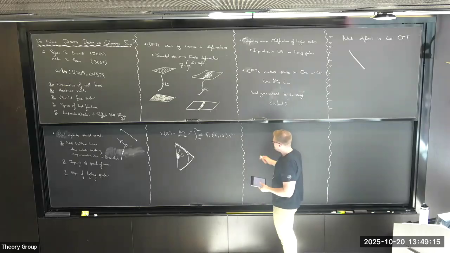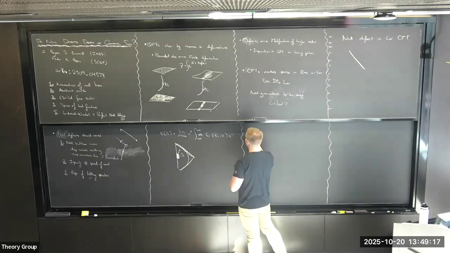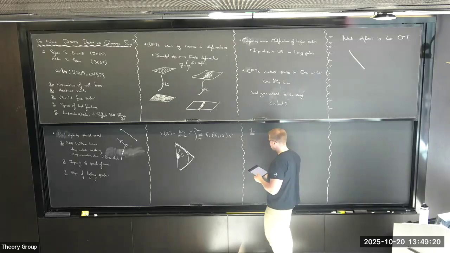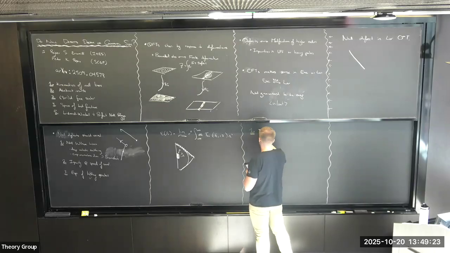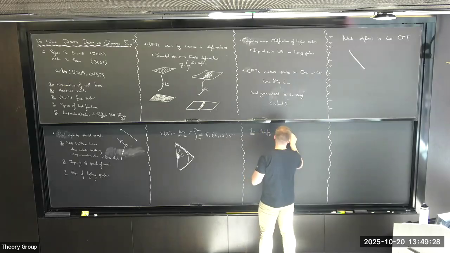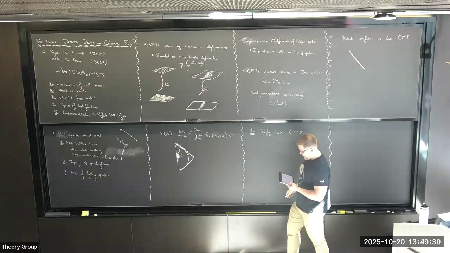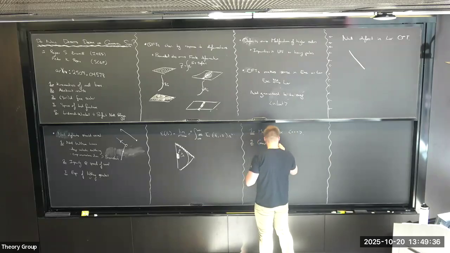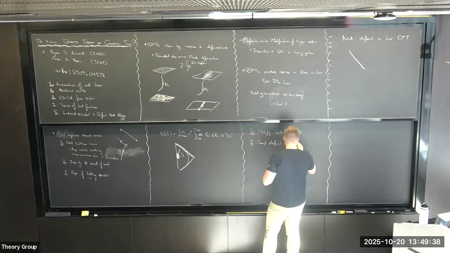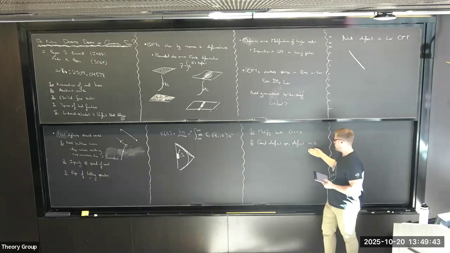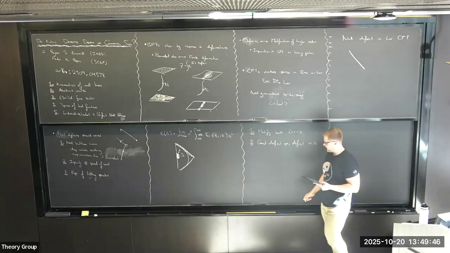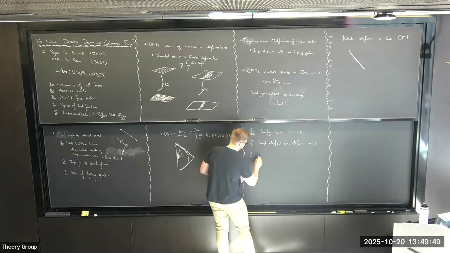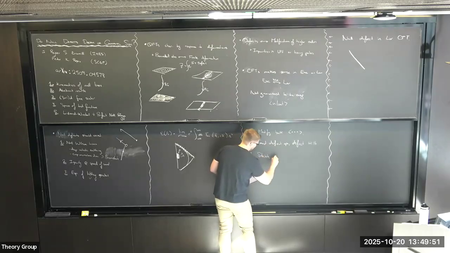Okay, so what do I mean by proving these things exist? If I want to prove a lightlike defect exists, what are some things I want to prove? You'll see I love lists. So I would like to show that they modify bulk correlation functions. I would like to show that they have good defect operators with a defect Hilbert space that exists. And by good here, I also mean with bounded energy or something like that. And finally, I would like to claim that they're stable, that they can end.